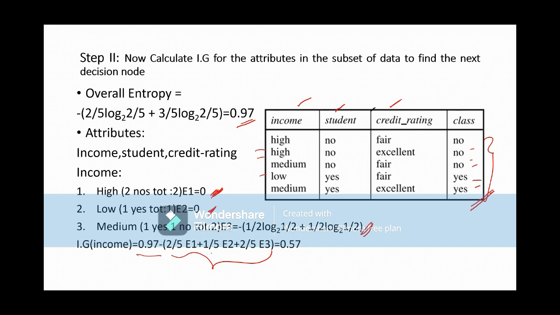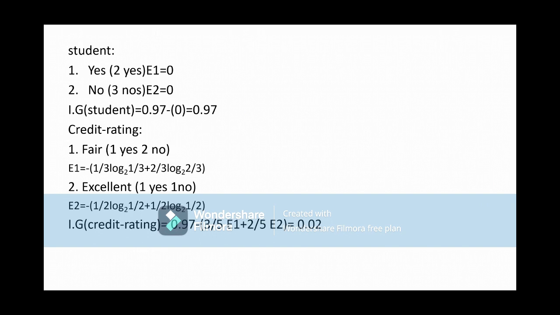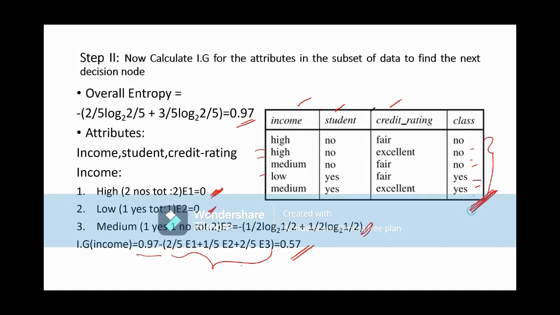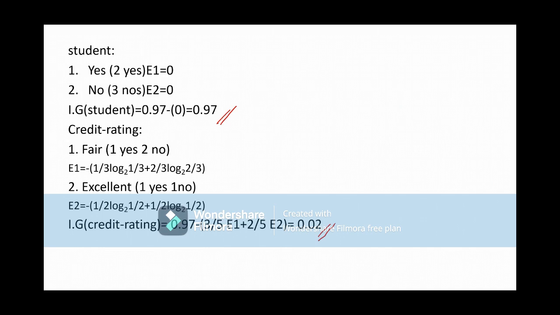Likewise, we have to calculate the information gain for student and credit rating. And if I'm choosing student, there are 2 categories, yes and no. So for yes, I'm having 2 yes and there are no no's, all belong to the same class, so entropy will become 0. And for no, all belong to the same class, 3 no's, so the entropy again becomes 0. So the information gain for student can be calculated as 0.97, and for credit rating the information gain can be